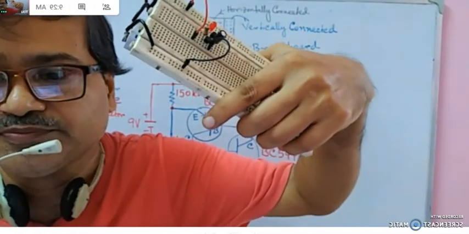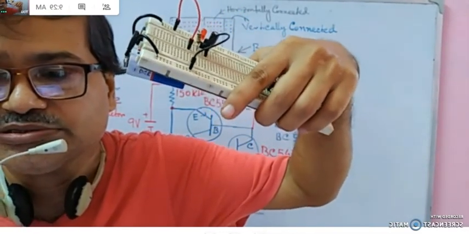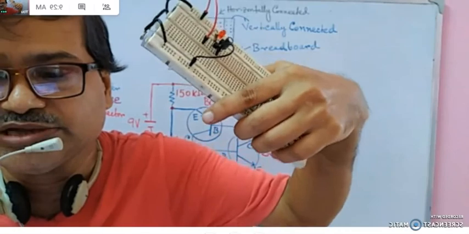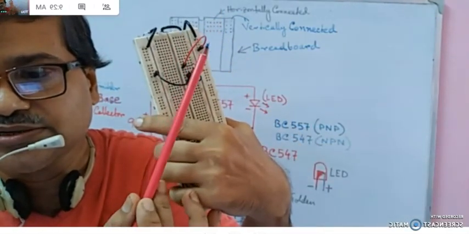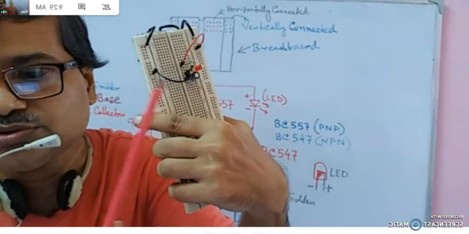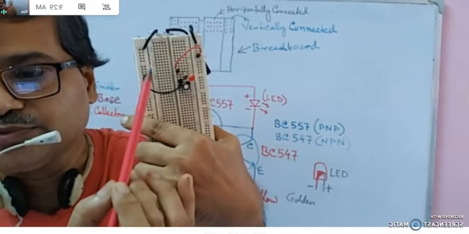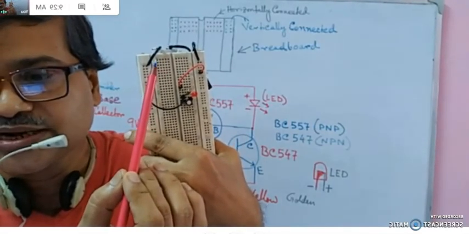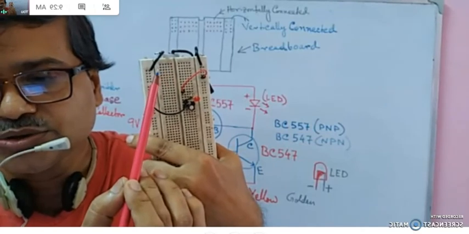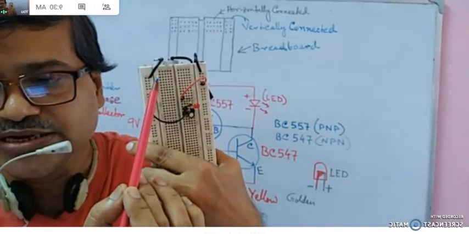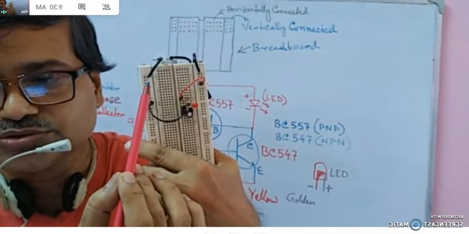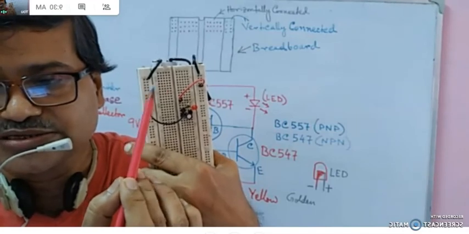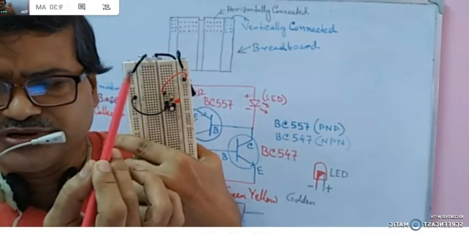See properly. See the resistor. I think you are able to see. This type of connector is available in the market, used specially for breadboards. And as I just told you, these are internally horizontally shorted. This line is connected internally, and this line is also connected internally, but there is no connection between this line and that line. Similarly here also. Here it is connected vertically, here it is connected vertically, but these two lines have no connection. Here also and this side also. Symmetry, this side and that side.